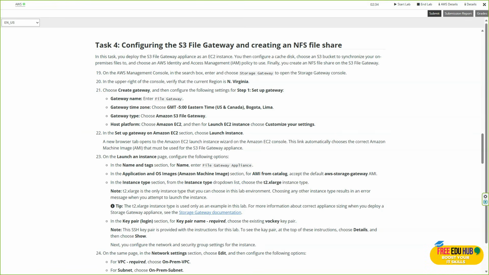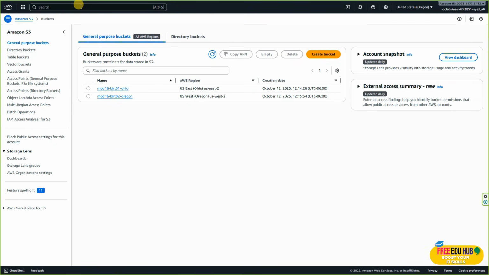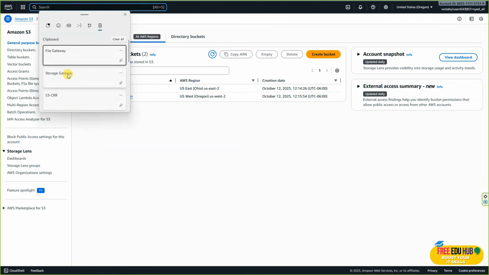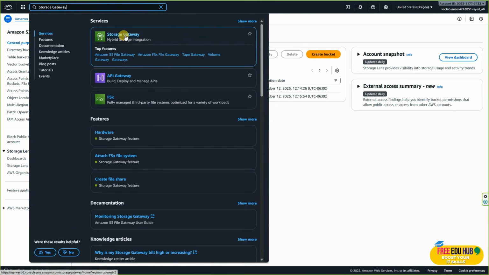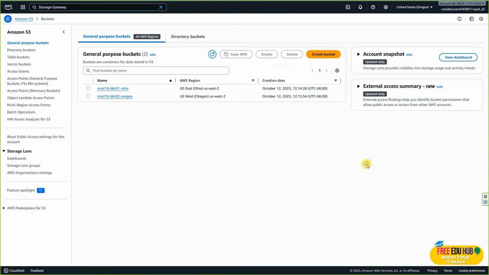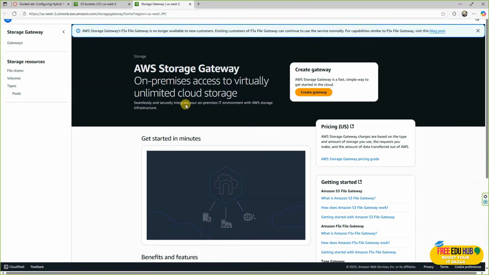So for that, we'll have to search for Storage Gateway as written over here, and then we'll select North Virginia and we'll create and configure our gateway with the name as File Gateway. So let's go to the console and try to perform these operations. So here, first of all, I'll search for the Storage Gateway, and let's open it in a new tab. And then they are saying create a gateway,